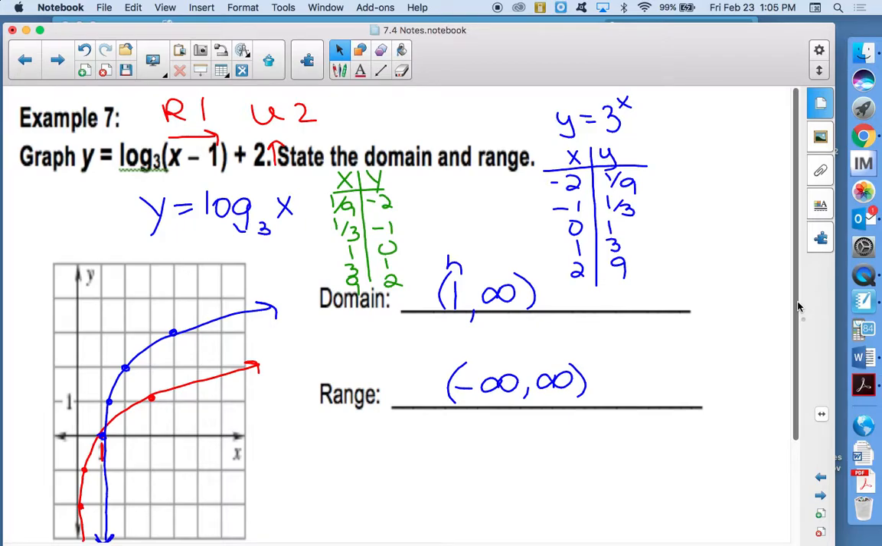Solid. You get three? Is that all what you're doing? Yes. That's it for